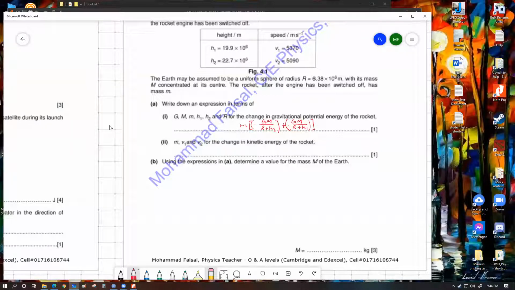If you want to make it a little bit posh, or just a bit more edible for the examiners, you might as well make it a bit more aesthetically pleasing. GMm and then write 1 upon R plus h1 minus 1 upon R plus h2. So that would be a better looking version, but if you write this much, it's perfectly all right as well. This is also okay. Half m